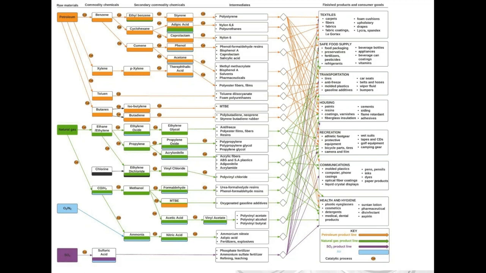So if we look at the chemical industry, we have a few raw materials. So petroleum, natural gas, oxygen, nitrogen, and sulfur. We make a few commodities of these, benzene, toluene, xylene. We produce ethane, ethylene, and the like. To secondary commodity chemicals, they all branch out into a lot of different intermediates. And finally, we end up with smaller volumes of different consumer goods, where we combine all of these different chemicals